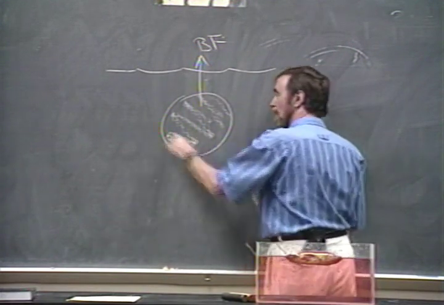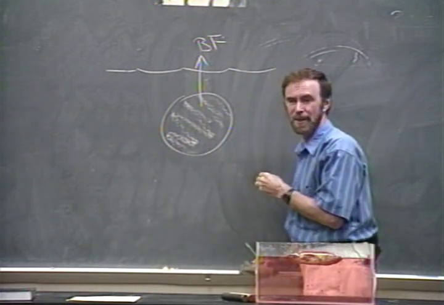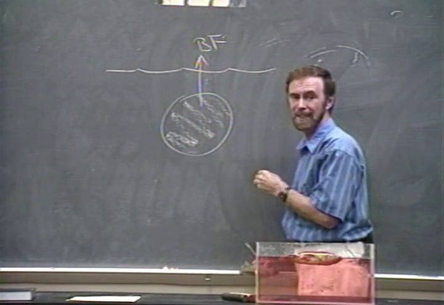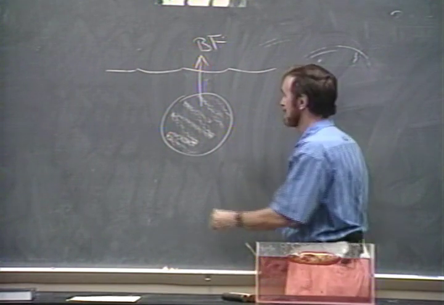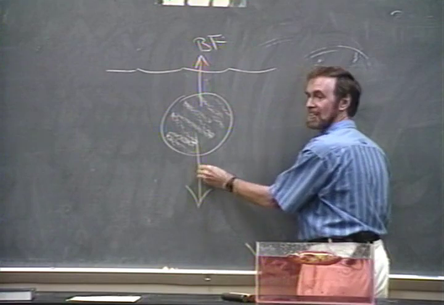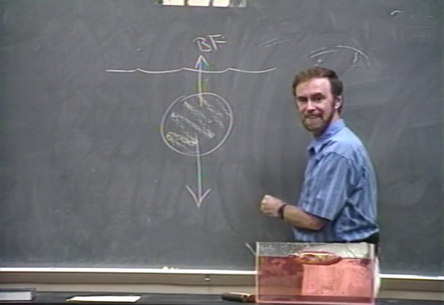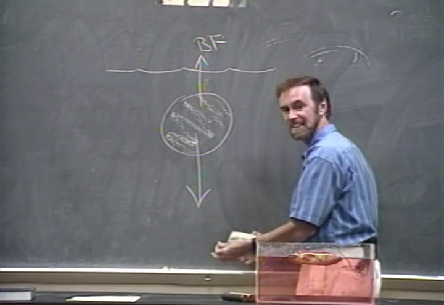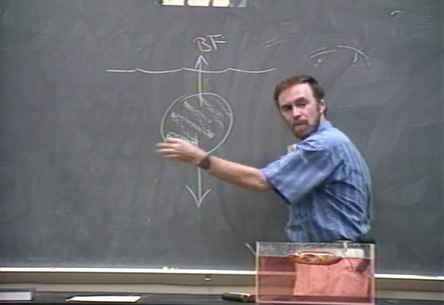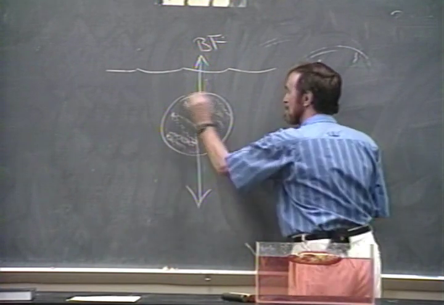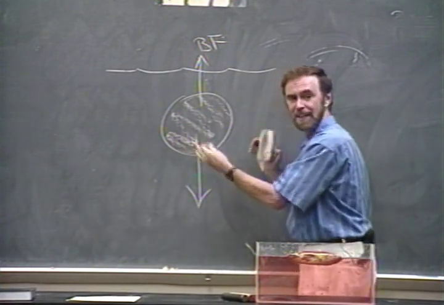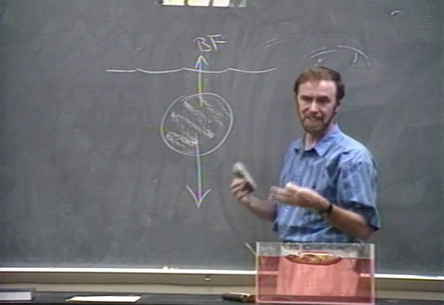Now, let's suppose this object happens to be a baggie filled with water. Then how heavy will it be? It turns out it'll be just as heavy as the buoyant force. So you know what it does? It doesn't sink. It doesn't float. It just remains at one with the water, because it has the same mass as the same volume of water, which is to say it has the same density.